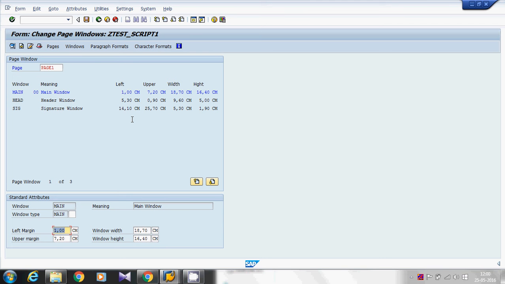Now, before going to that, first we will see how we can add text to the window, or how we can place variables inside the window. First, we will display a heading and some sample signature